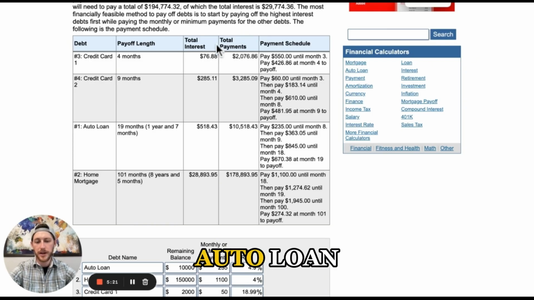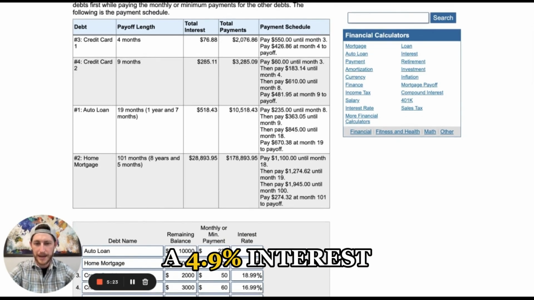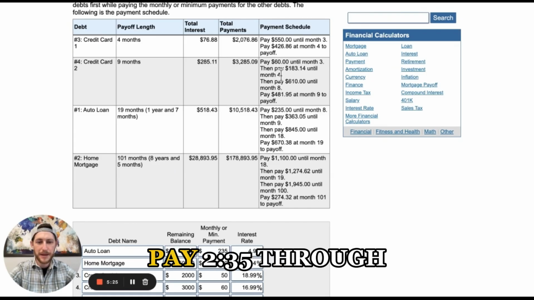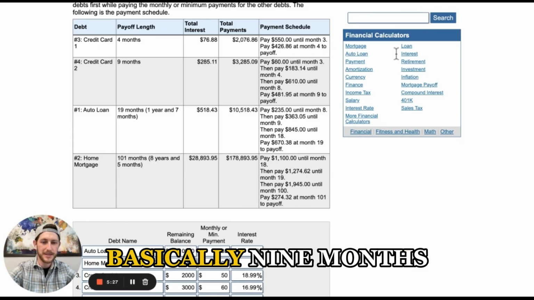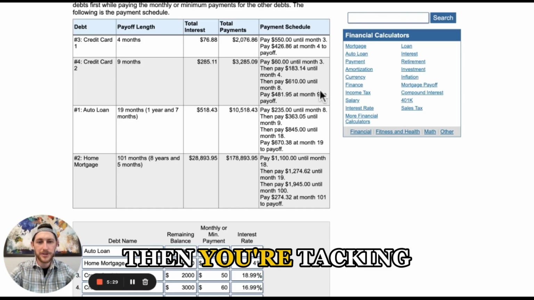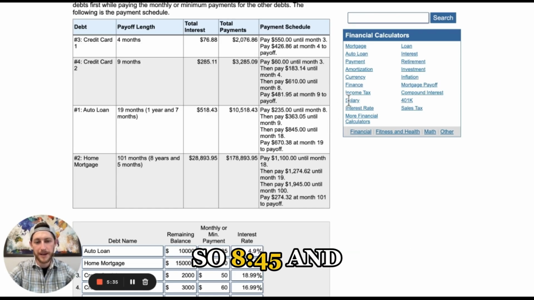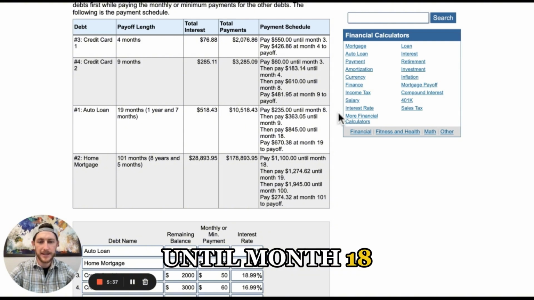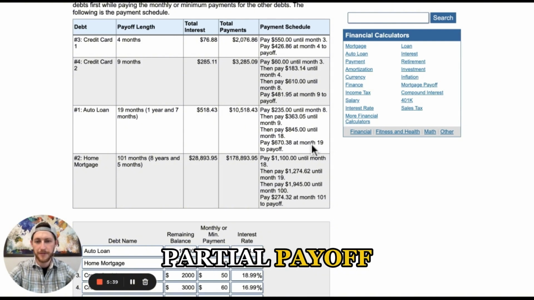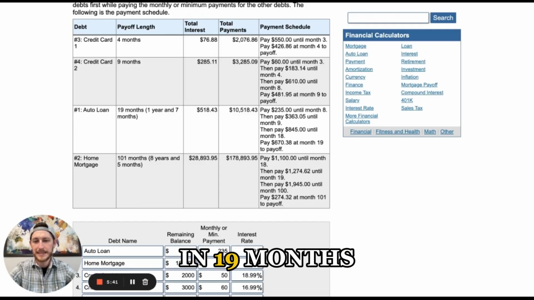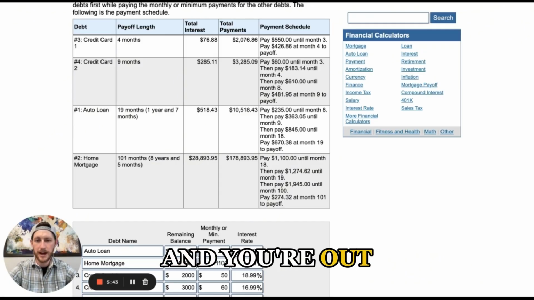Then it jumps to the auto loan, which was at a 4.9% interest. And it's saying, hey, pay $235 through basically 9 months. Then you're tacking on this $610 into this one. So $845, and you're doing that until month 18. And in month 19, there's a partial payoff. So you're done with that one in 19 months, a year and 7 months, and you're out of these 3